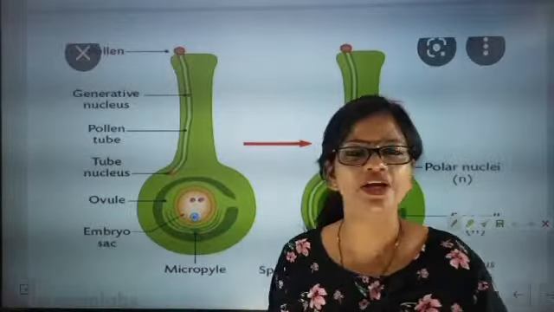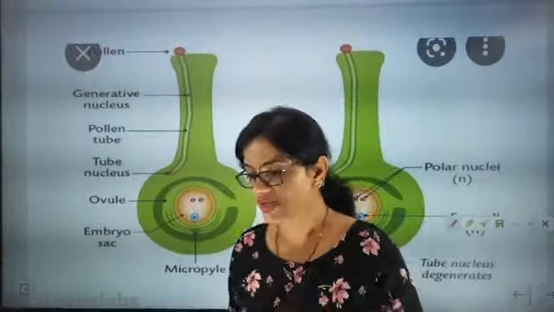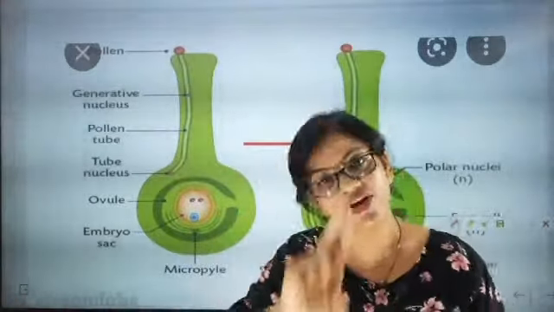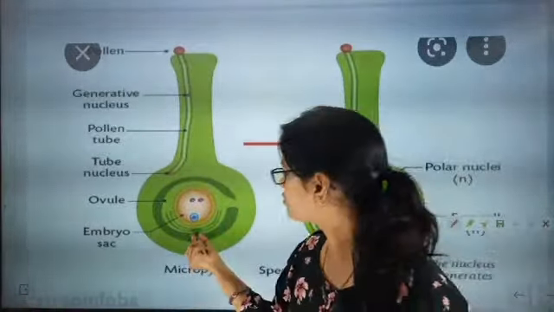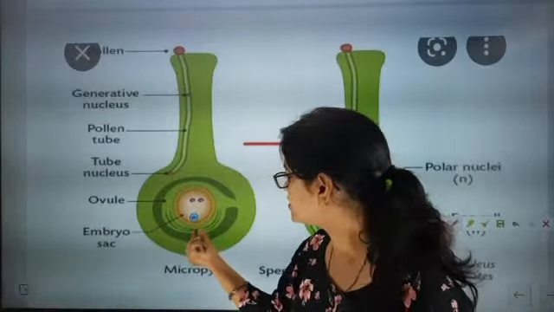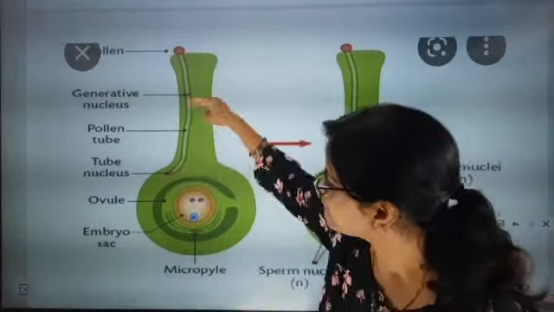Here one egg will be there and polar nuclei will be there. And now beta, their structure was upside down, so that opening section I said micropyle. Micropyle is 100% a small opening, but that opening will be from this side. Okay, that opening will be from this side, and this is exactly the micropyle opening, and from there only the